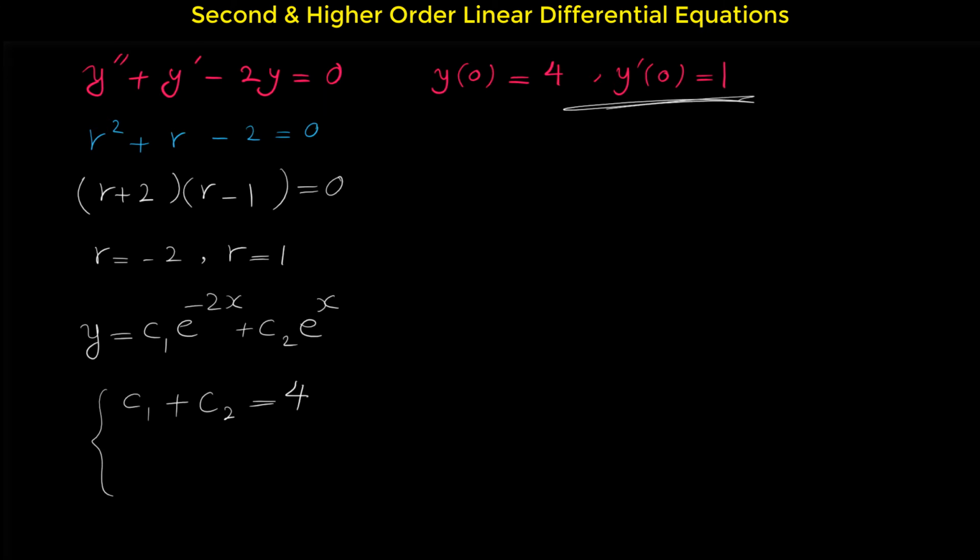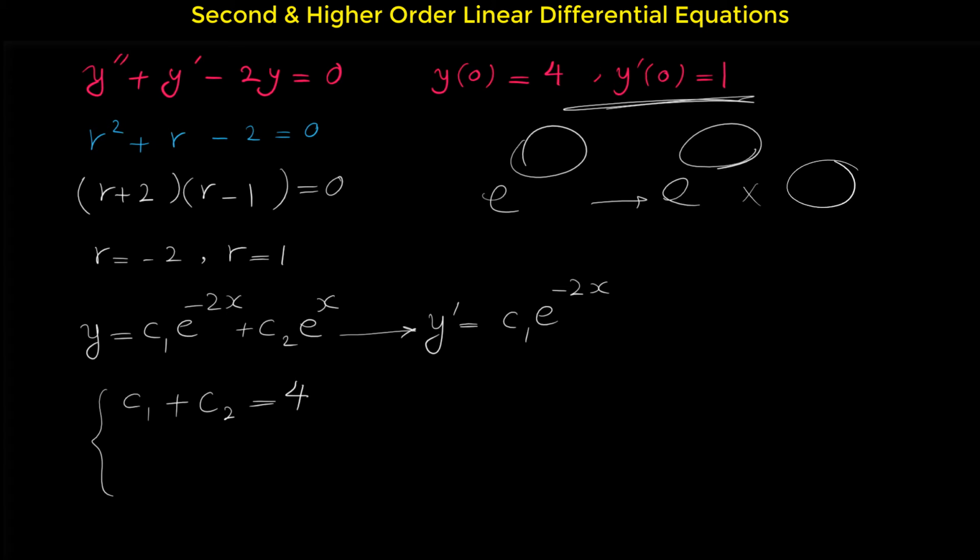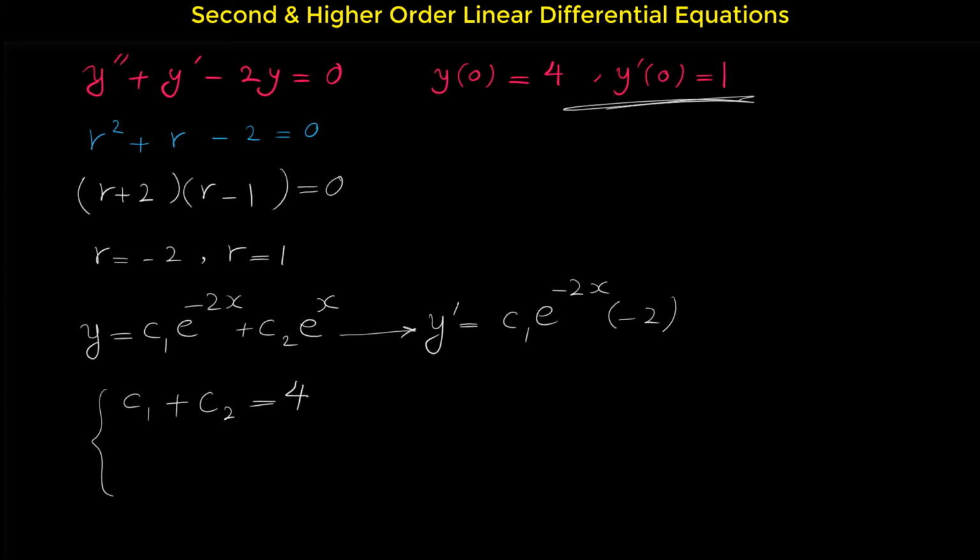Based on this initial condition, the derivative of y must be 1 at 0. If we take the derivative of this, the derivative of y is c sub 1 as a coefficient, times the derivative of e to the negative 2x, which is e to the negative 2x. The derivative of e to any expression is the same function times the derivative of the exponent. So based on this formula, the derivative of e to the negative 2x is e to the negative 2x times the derivative of negative 2x. But the derivative of negative 2x is negative 2. You can multiply negative 2 here, or you can put negative 2 here. Plus c sub 2 times the derivative of e to the x,